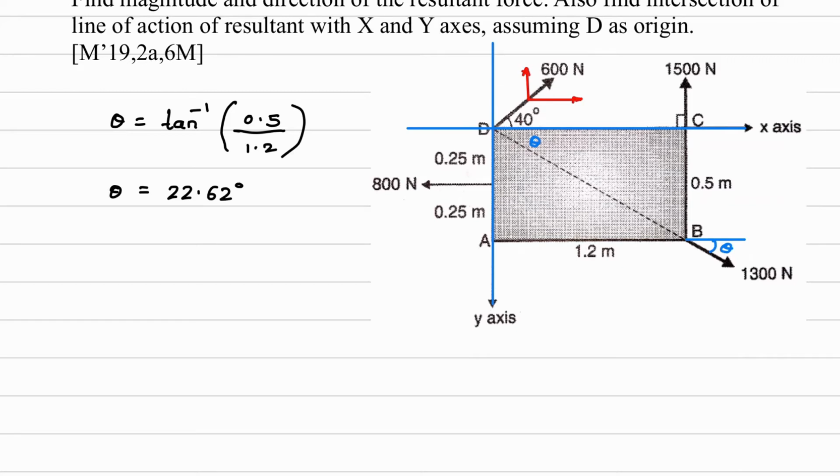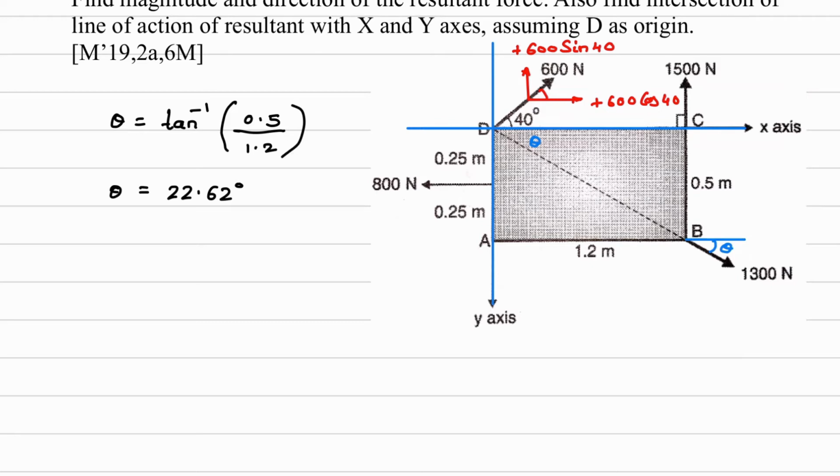You can see this is the axis, and 600 Newton is in which quadrant? First quadrant. So we are resolving this in first quadrant only. You can see here we have drawn first quadrant. So what will be x component? X component is towards right. This angle is 40, so x component will be plus 600 cos 40. What is y component? Upward direction, plus 600 sin 40.